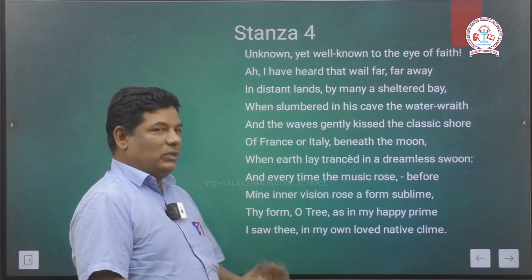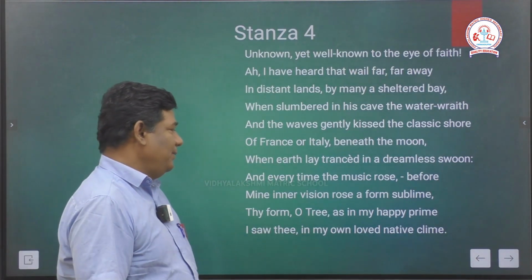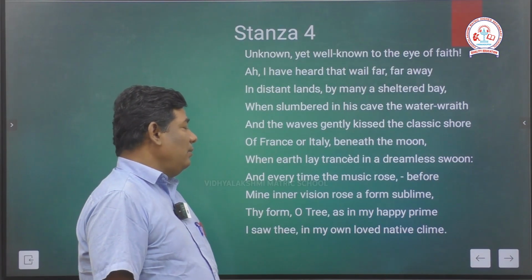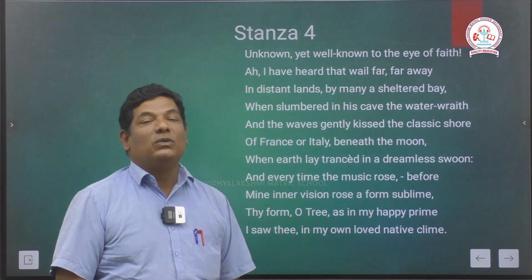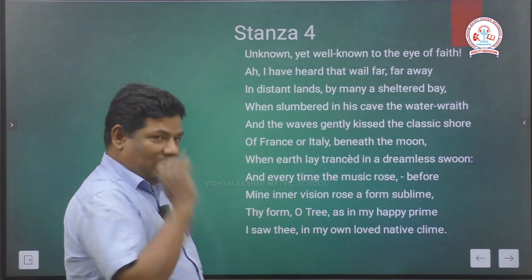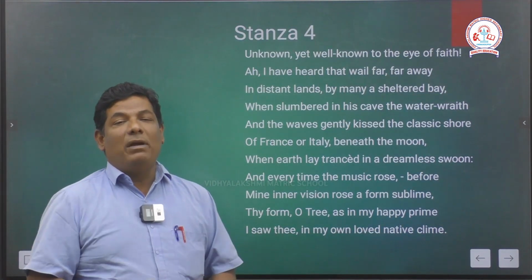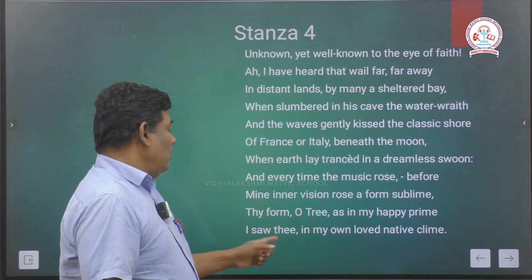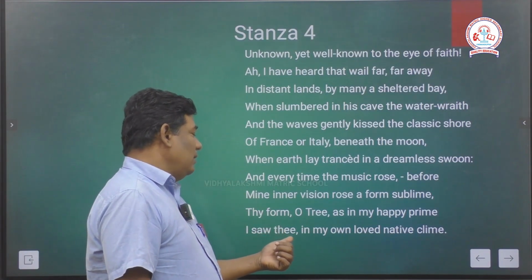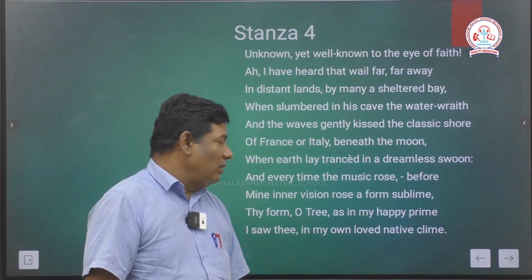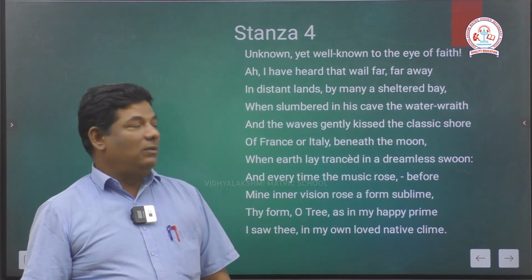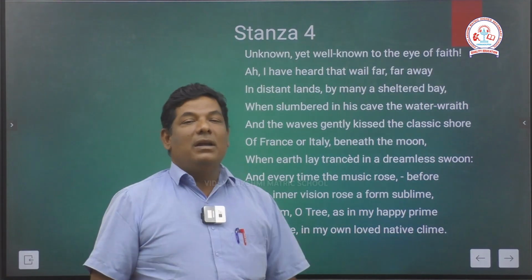Thy form, the tree's form, oh tree, as in my happy prime. Happy prime is when she was so small, she saw the tree. The same scene is appearing before her inner eyes. I saw the tree in this place in my own loved native clime. Native clime or climate is nothing but native place.